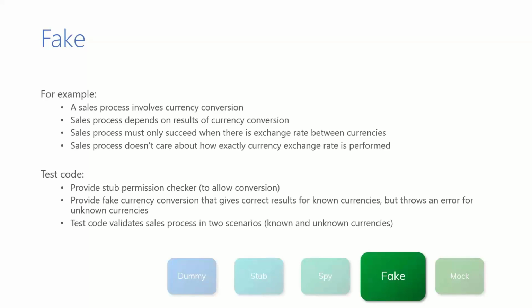We could provide a fake currency conversion that will give expected results, just like Business Central currency conversion will provide. It will throw an error when expected. It will give a result when expected, but it's just fake. It's not involving the database at all. And then test code will validate the sales process in these two scenarios, known currencies and unknown currencies, and it